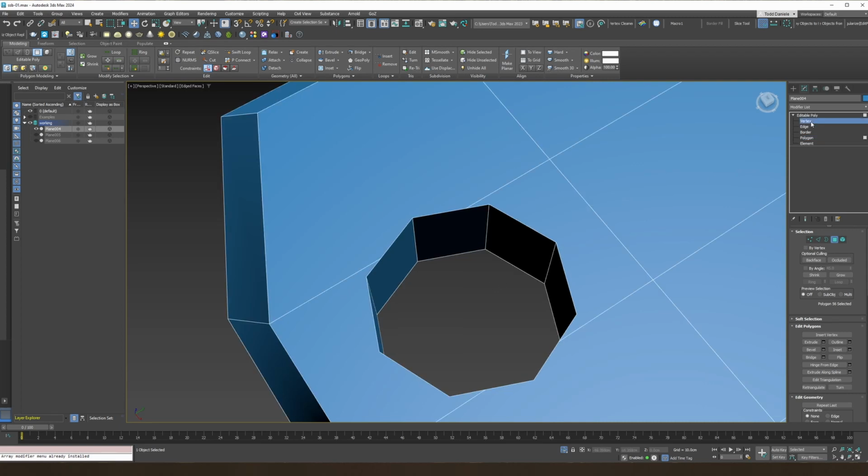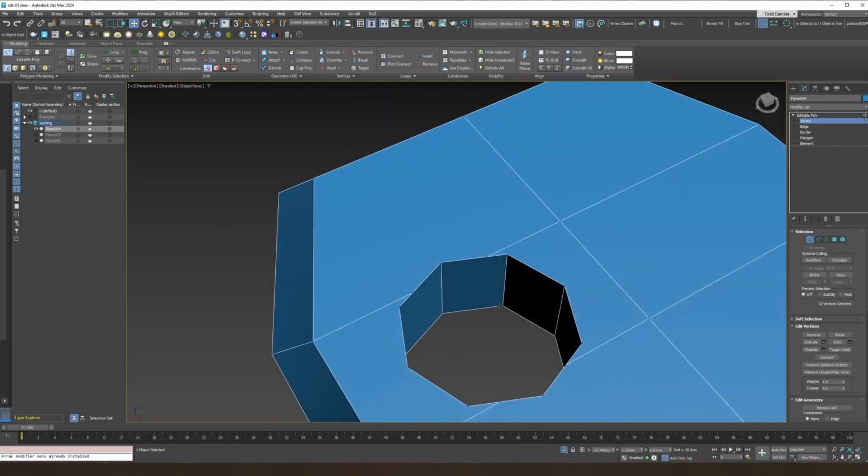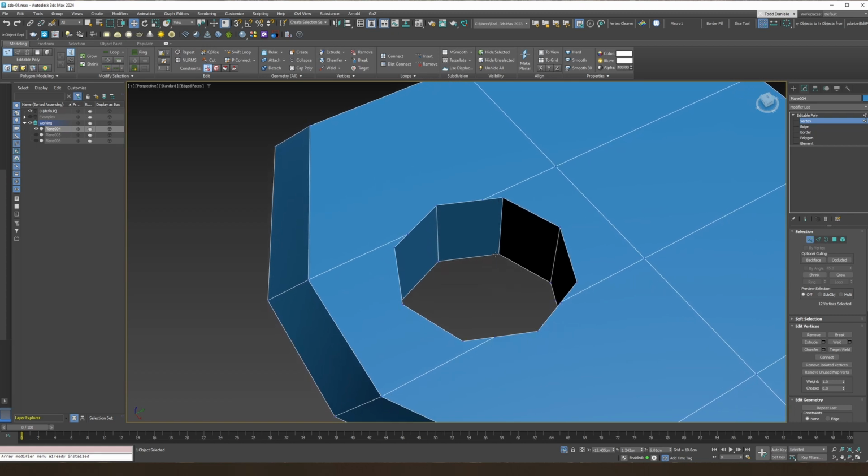And with that, because it is in a way a Boolean, it's not a perfect cut. There's some things that need cleanup. And I just wanted to put that disclaimer. This is not a perfect way to do it, but I think for simple geo like this, the cleanup time is relatively quick and you get a good result. So there's my disclaimer. You can see these verts don't always line up with everything, so I'm just going to